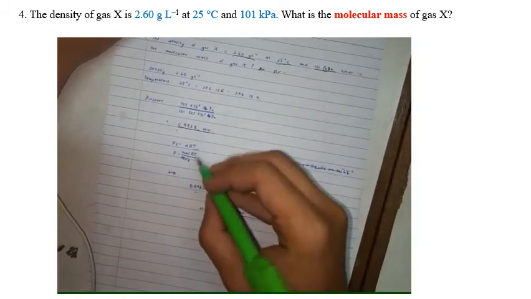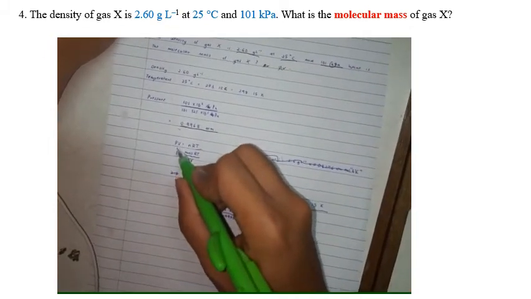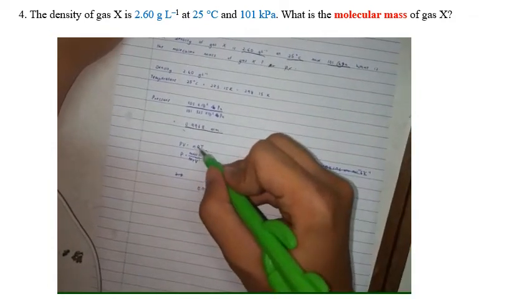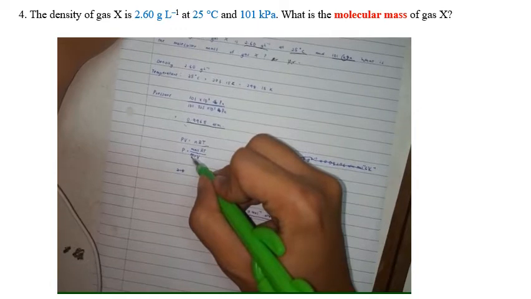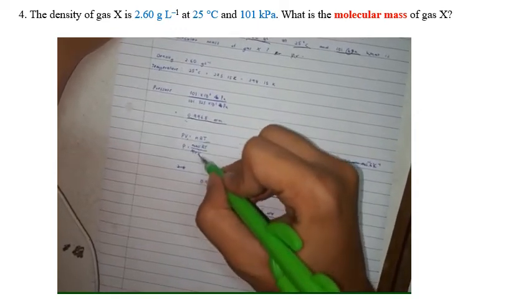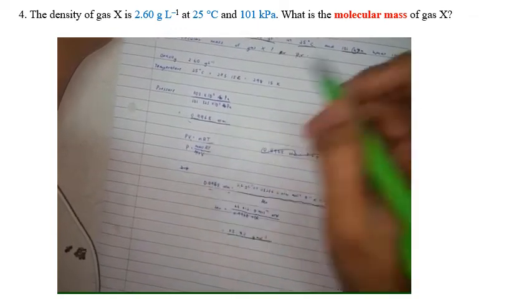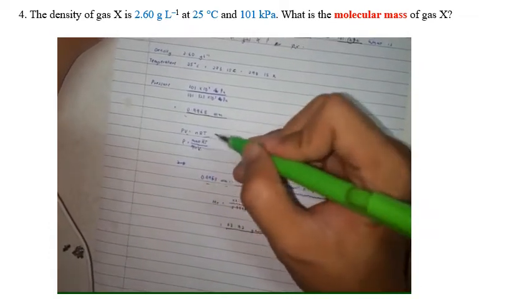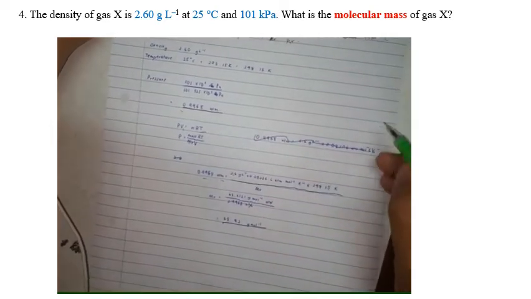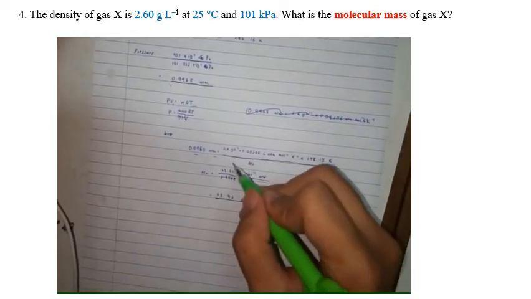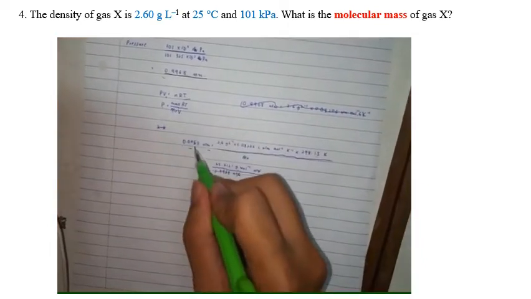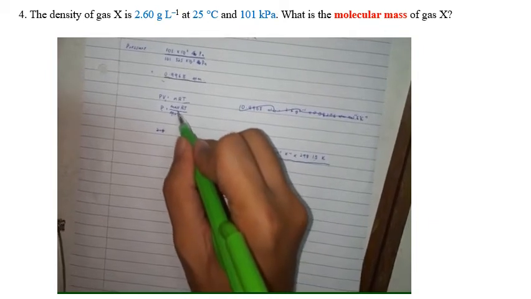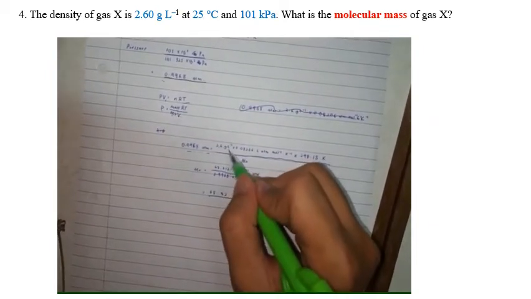For this question, we use the equation PV equals nRT. So n is equal to mass over molar mass. Then V we bring to the other side, so it's divided by V. So mass over volume is equal to density. So in the equation, we just substitute. The value of P is 0.9968 atm. The value for density is 2.6 gram per liter. R is a constant,